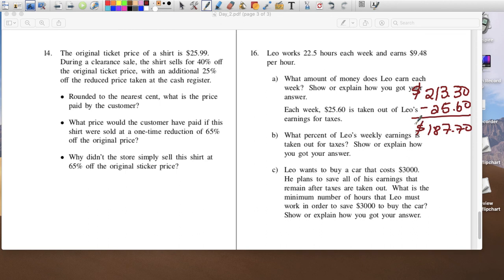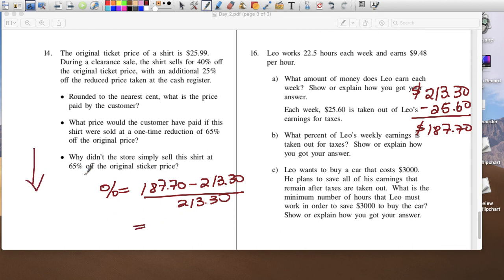What percent of Leo's earnings is taken out for taxes? Show or explain how you got your answer. So this is a percent of decrease. Now again, remember the percent of decrease or change. So we have our final, which is $187.70. The original was how much he made, $213.30. So you're going to get a negative number, and of course it's negative because his earnings went down. So on your calculator,